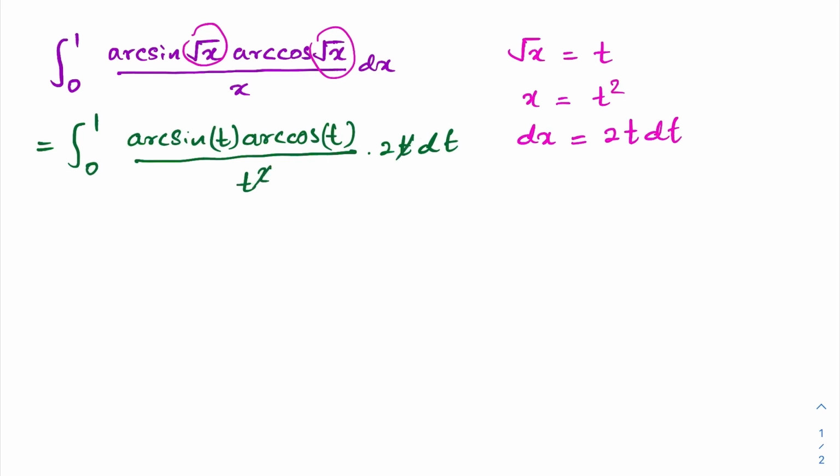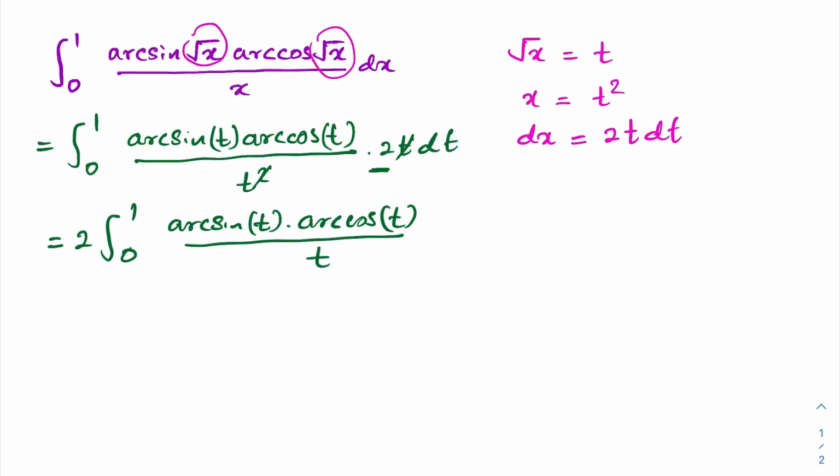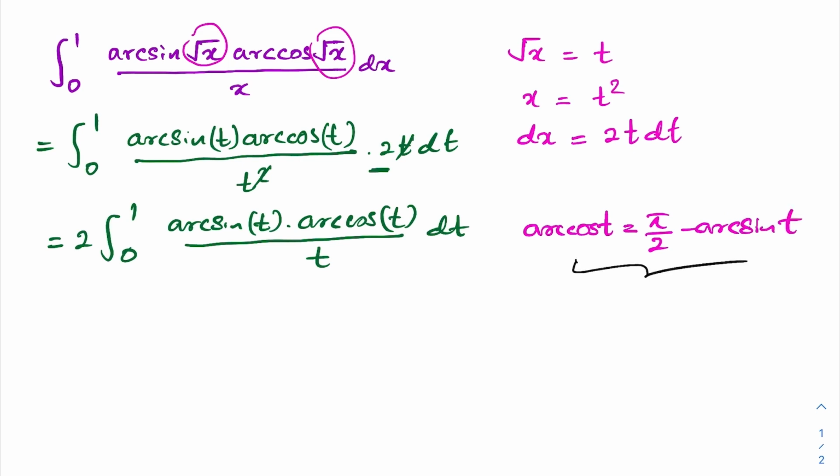Now this t gets cancelled, and this 2 is a constant, so we can write it outside of the integral sign: 2 times integral from 0 to 1 of arcsine of t times arccosine of t over t dt. Well, then we know arccosine of t is equal to pi over 2 minus arcsine of t. So using this formula we can write